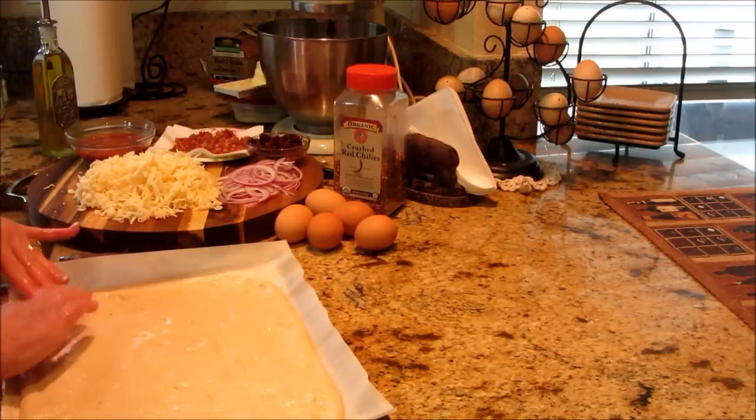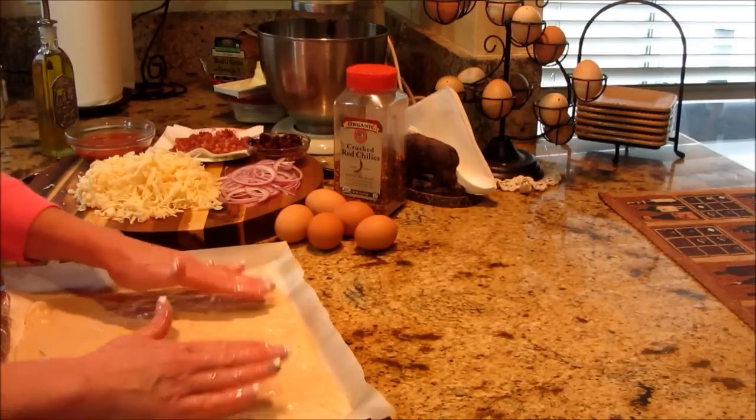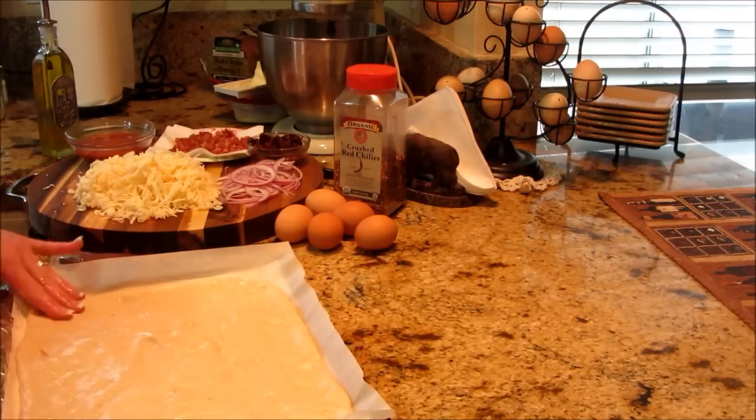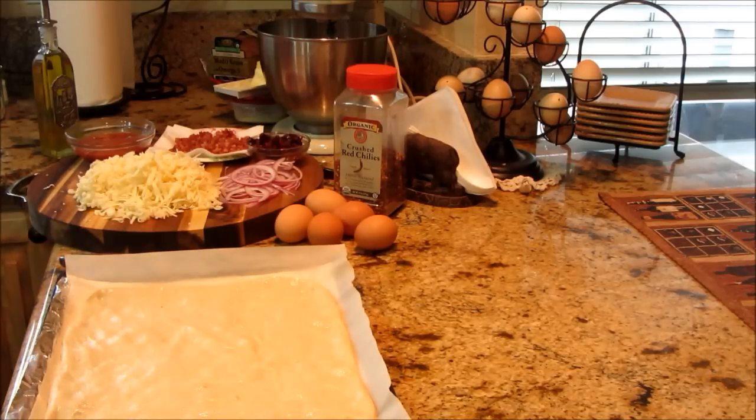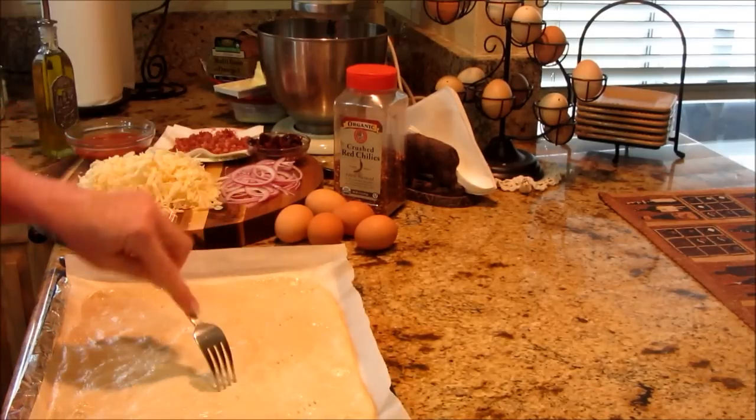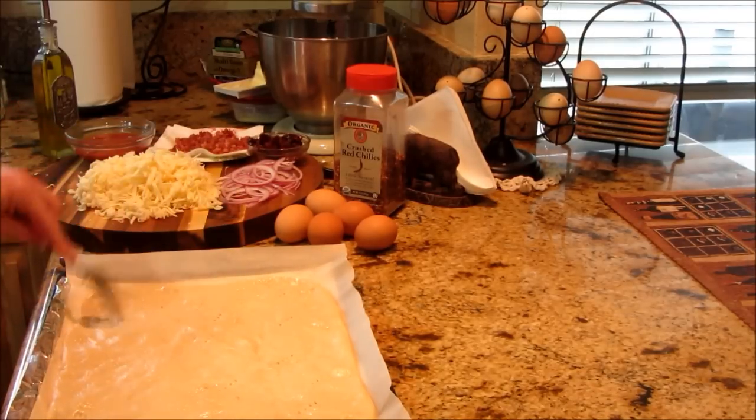See how nice that dough works out really nicely. And then, because I'm gonna par bake this, let me wash my hands really quick. I'm gonna par bake that just so we don't have a really doughy surface. I don't want the surface of this, where the sauce and everything is gonna go, to be soft and mushy. So I'm just gonna put a few pricks with the fork in here,